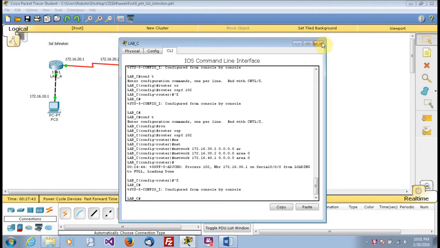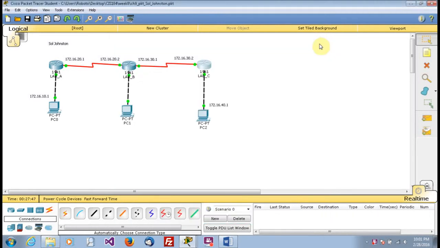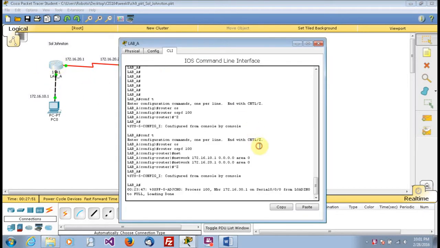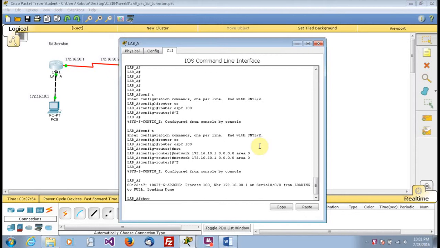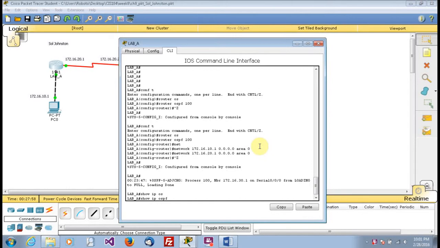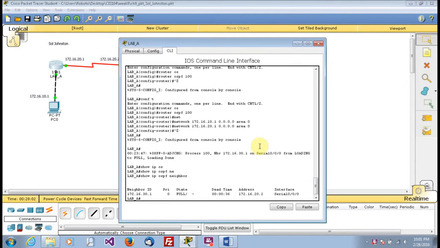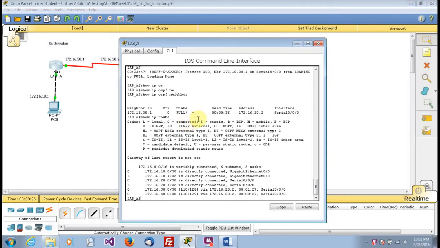Now we're going to be doing hands-on lab 9.3, verifying the OSPF operation to make sure it works. So now we're going to go to lab A, and in here we're going to do show ip ospf neighbor, and it does show our neighbor, state full, and it shows our next hop address right there through our serial interface 0/0/0. And then now we're going to also do show ip route, and basically our connected interface right there